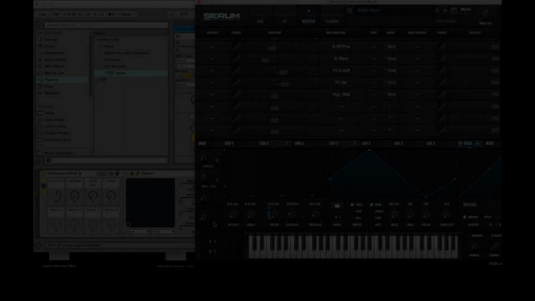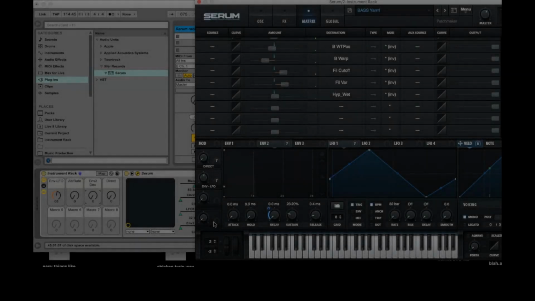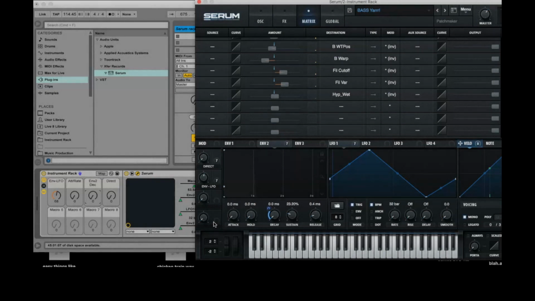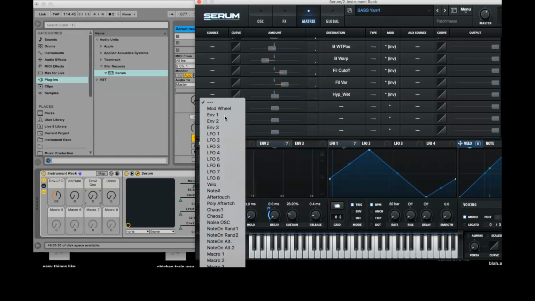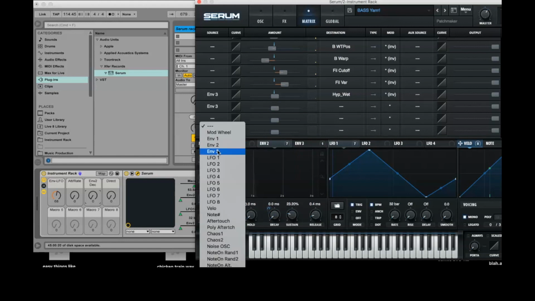So envelope 1 is being used for the amp, envelope 2 is being used for our modulations, and we have envelope 3 here that we're not using for anything yet, so let's do something fun with it. We're going to block off 4 modulation lanes in the matrix, and we're going to put envelope 3 as the